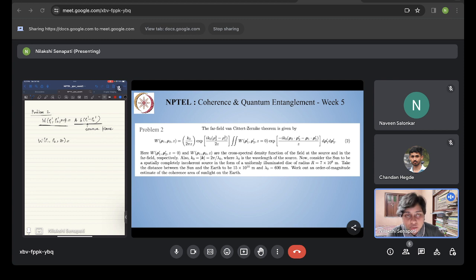So we will substitute this W(ρ1', ρ2', z=0) in this equation, which will give us 1 over λz, e to the power i k0 (ρ2² minus ρ1²) by 2z, integration W(ρ1', ρ2', z=0) e to the power minus i k0 by z (ρ2 minus ρ1)·ρ' dρ1' dρ2'. Okay, so